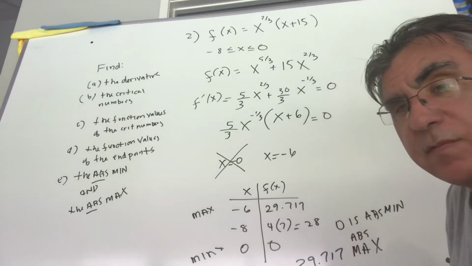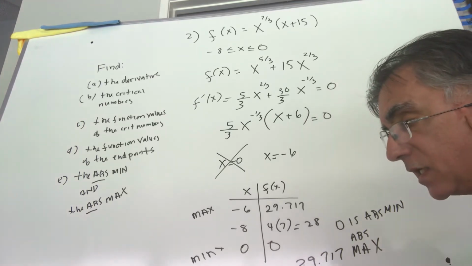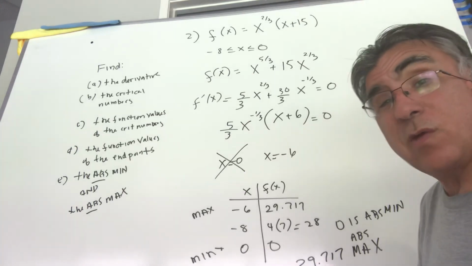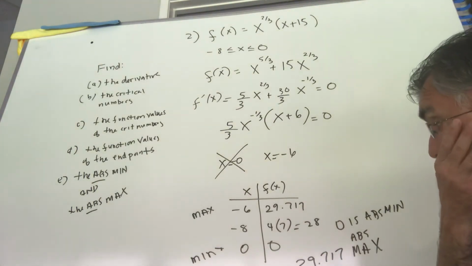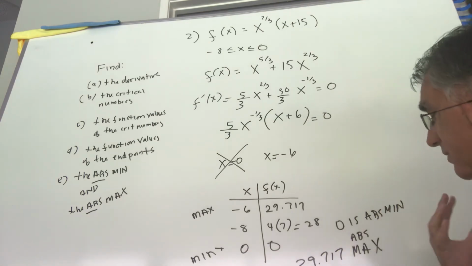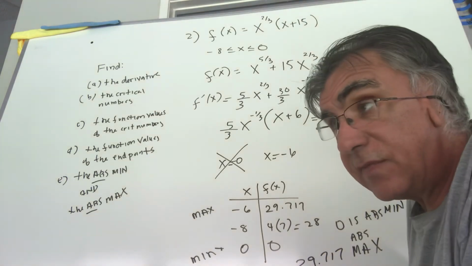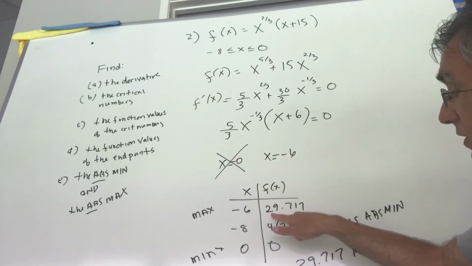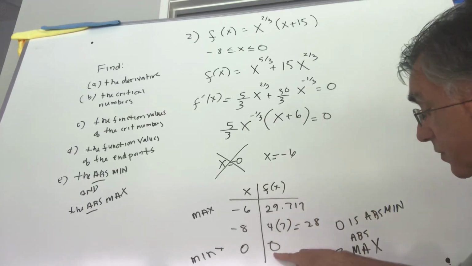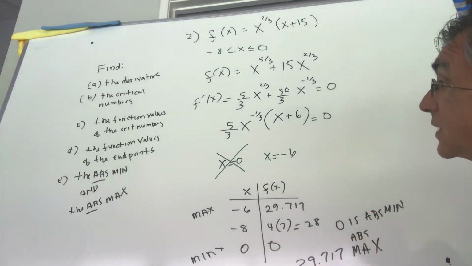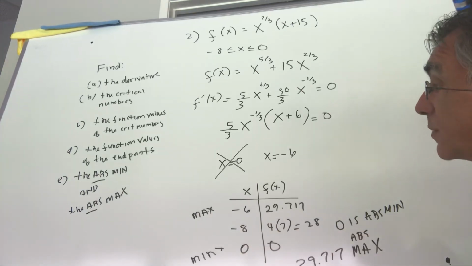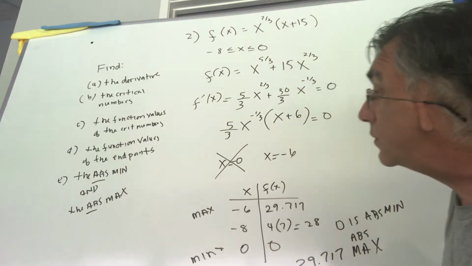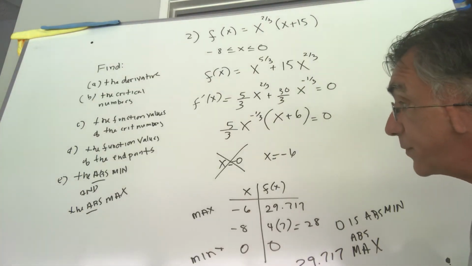Now, you might be wondering why we worry about absolute. Don't worry about that, because there's another type of maximum called relative maximum, but that's in 3.3, and we're not going to quite get there. That would be the last section we do. So you can just write min or max instead of absolute. Don't worry about that too much. And matter of fact, if it doesn't say absolute or relative, it always means absolute. So the highest point here is 29.717, and the lowest point is going to be 0. So this is the example for the second question on your homework. You'll have a third question on your homework, but that question is very, very similar to the ones from the previous week. Okay,